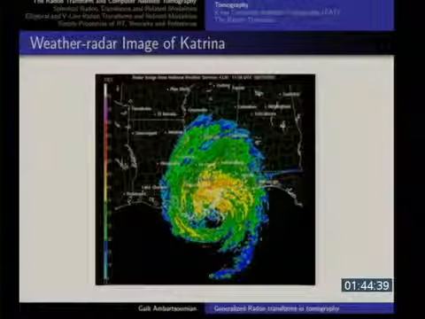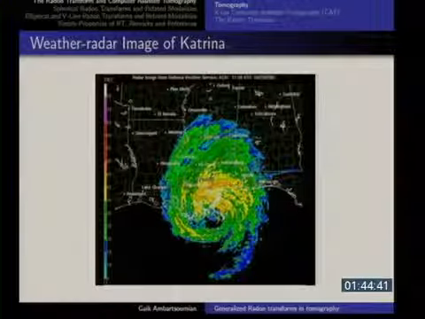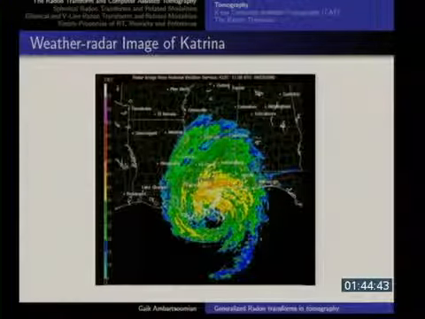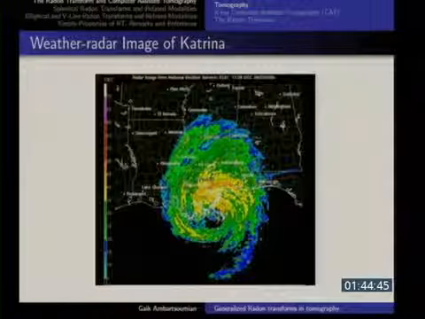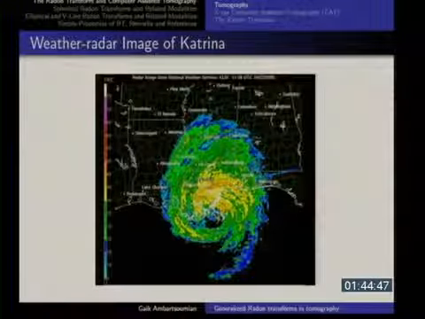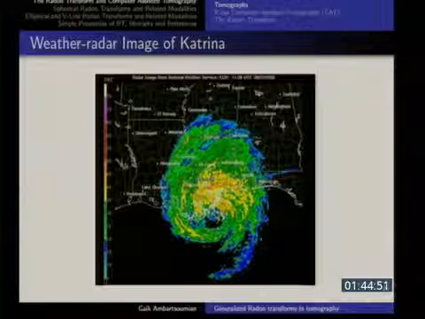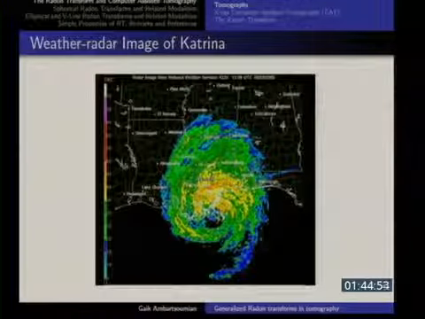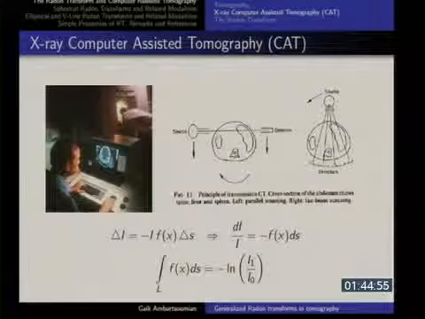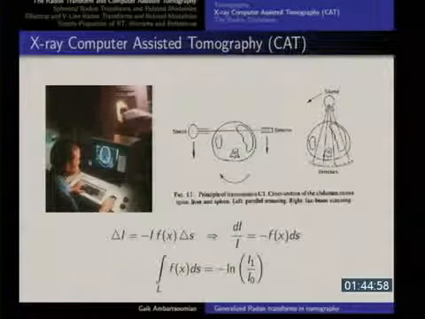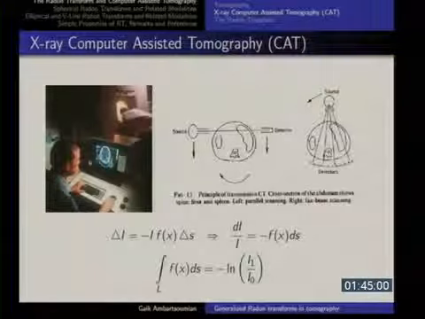Radars, this is an image of probably the most famous hurricane, Hurricane Katrina, that unfortunately ruined New Orleans. But the meteorological radars are also done through this type of technique, when you send some signals, receive some signals, and then try to recover the images. So this is probably the most classical thing, the CAT scan,